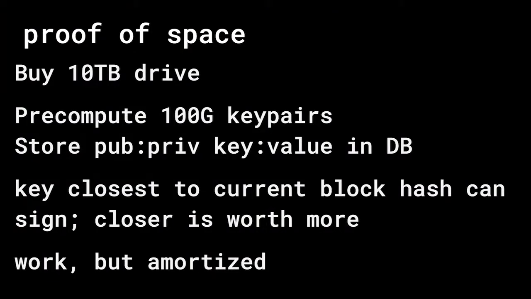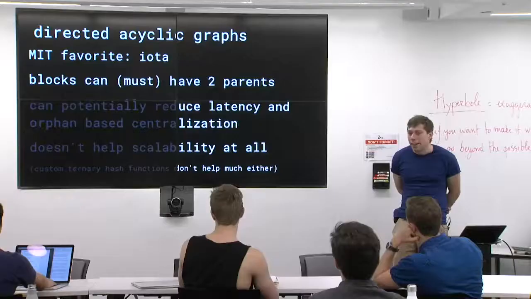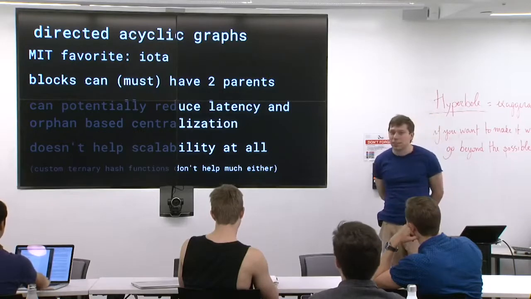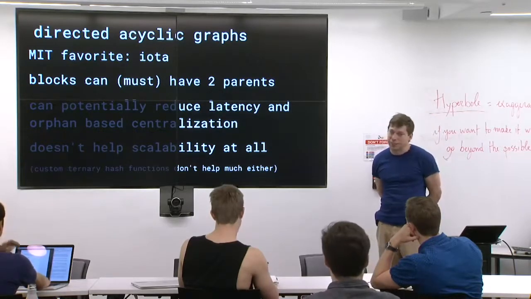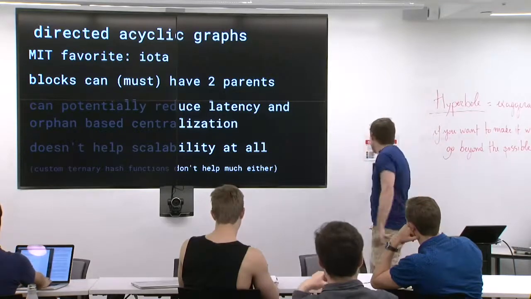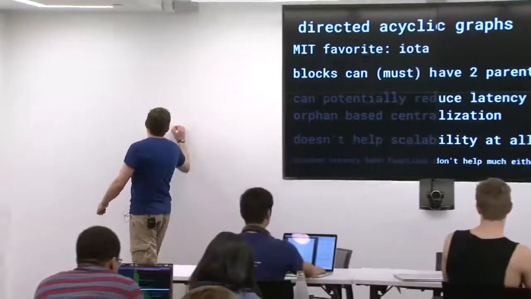Okay, so work but amortized. So a perennial MIT favorite, IOTA. They use a directed acyclic graph, and now a chain is also a DAG, because it's directed, there's no cycles, and it's a graph, but it's a pretty simple one. But the idea is to have multiple parents, right? So if you have a block,